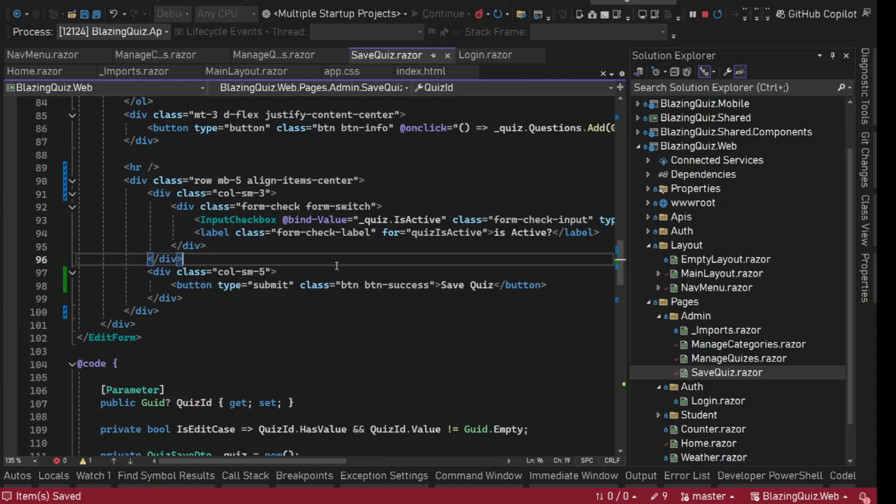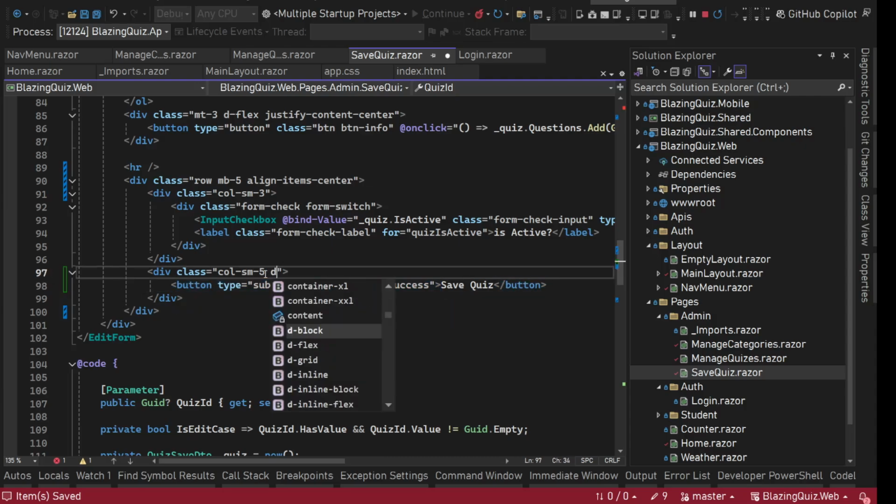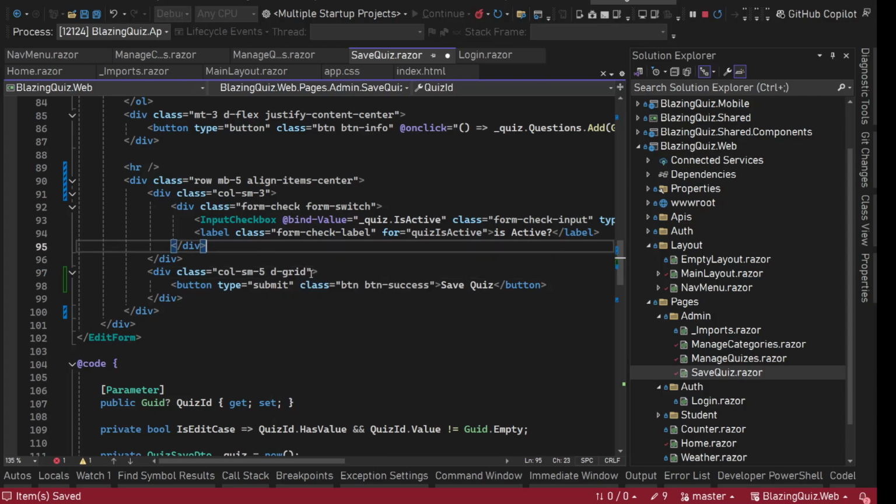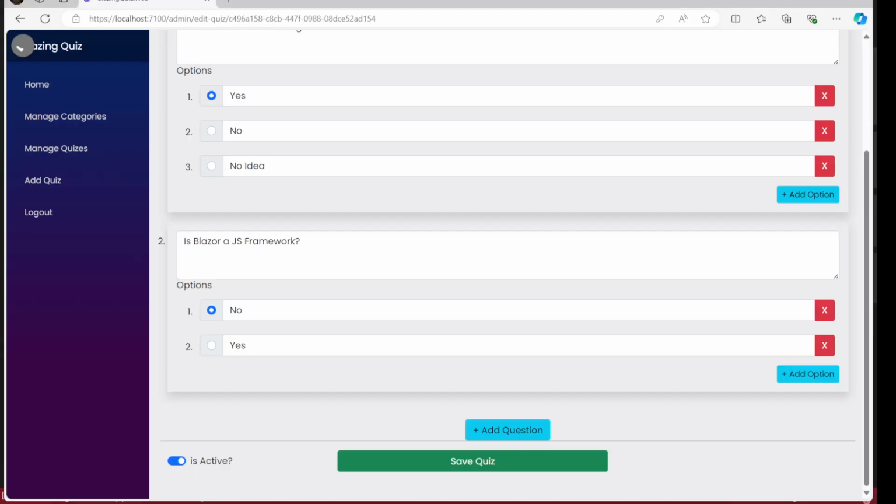Okay. And then we want this button to be bigger inside this. So for this, what we can do on this col-sm-6, we can say d-grid, display grid. So inside display grid, this button will simply take up the entire width till this col-sm-5. Save it, hot reload. Let's see if it's better than that. But now we need both of these to be center aligned without much spacing between these two. So for this, what we can do,